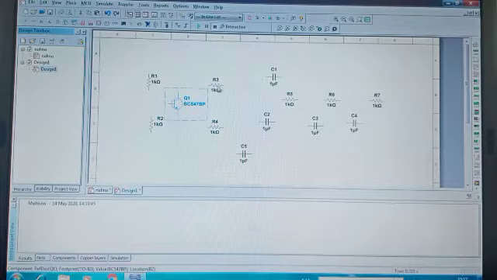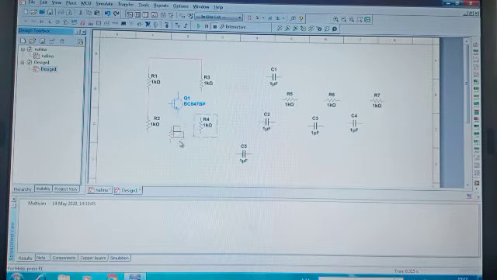And this is the transistor; again we need to flip this. One more capacitor is needed. Just rotate this.